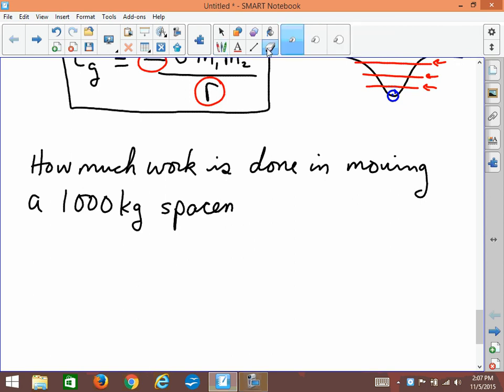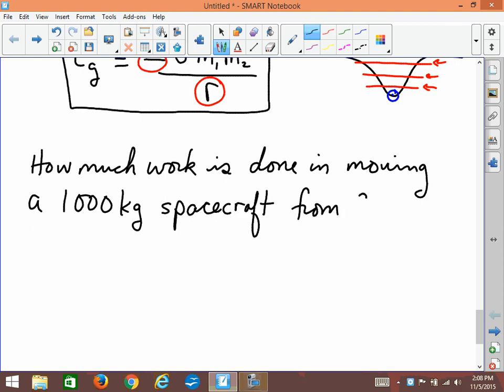I think I'm writing spaceman in there. Spaceship. Spacecraft. How's that? From Earth's surface, because that's where we tend to launch from. It's where we live. We want to move it from Earth's surface